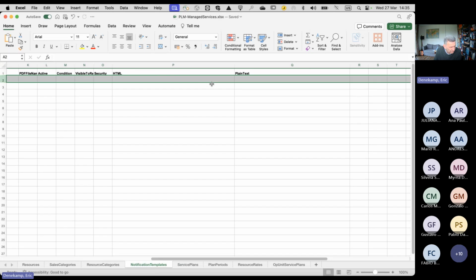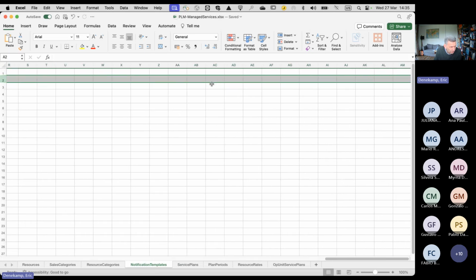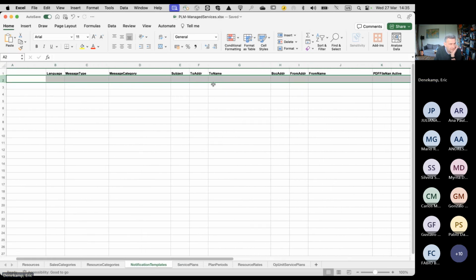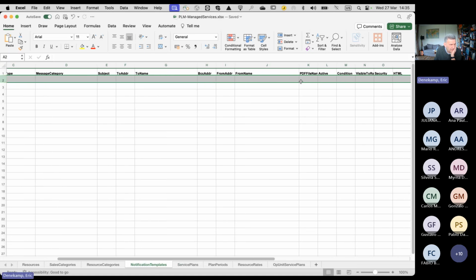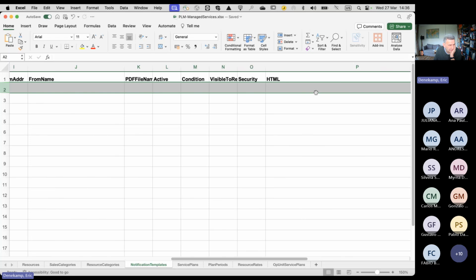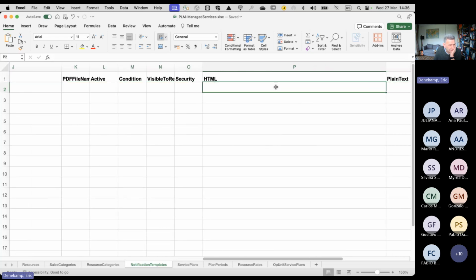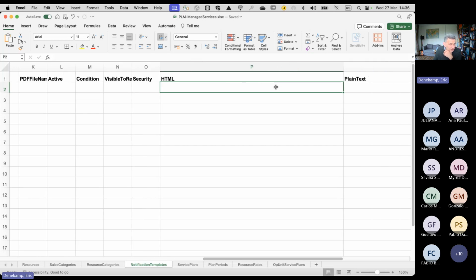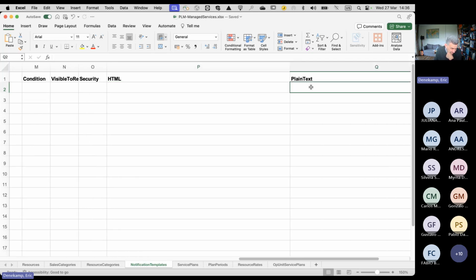You see, you can create a full template using a spreadsheet. PDF, from name, conditions, viable to, and then you have this little field to put in the entire HTML of that message. And the same thing for plain text. You can do it. That doesn't mean you need to do it. This is not a mandatory field. The only thing is you have to edit this later in PLM.